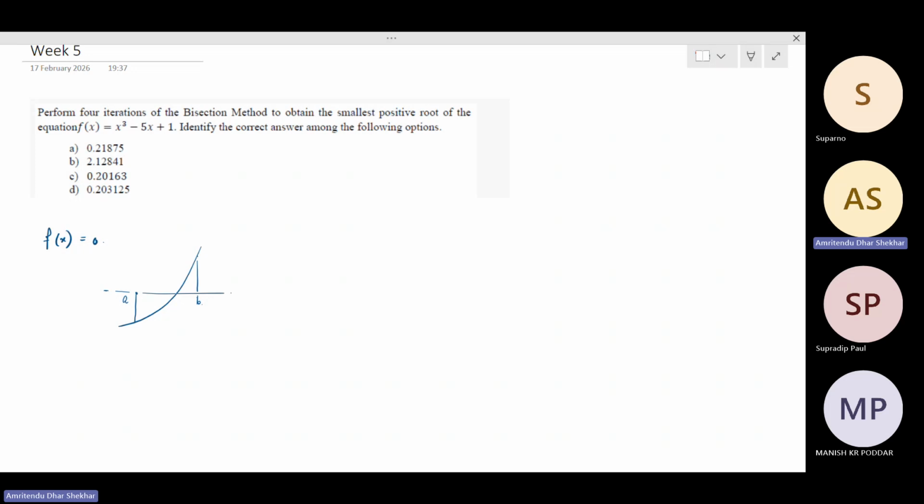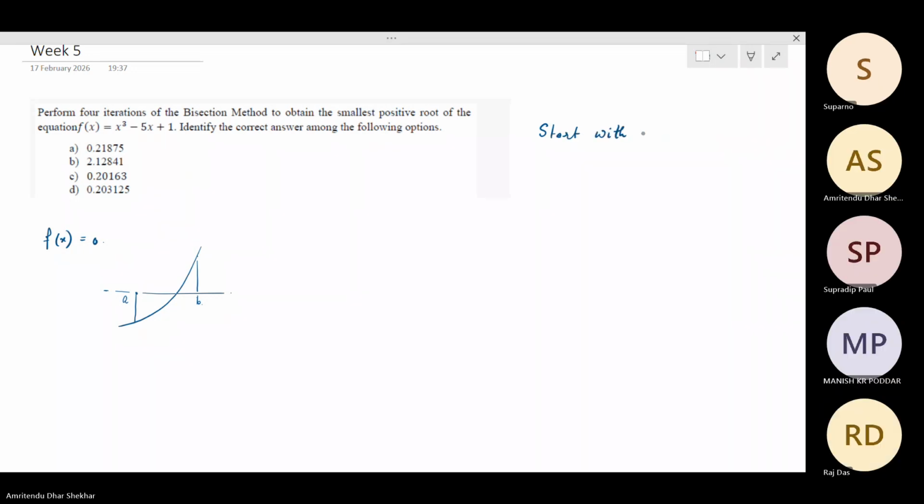But the way this is achieved is that we start off with an initial estimate of the root, and then we progressively keep on improving that estimate. So let me just write it down. Start with an estimate,